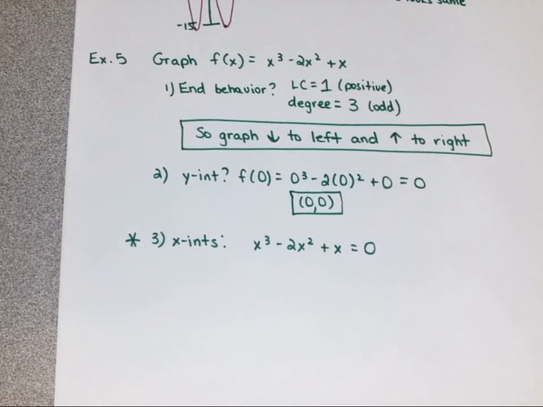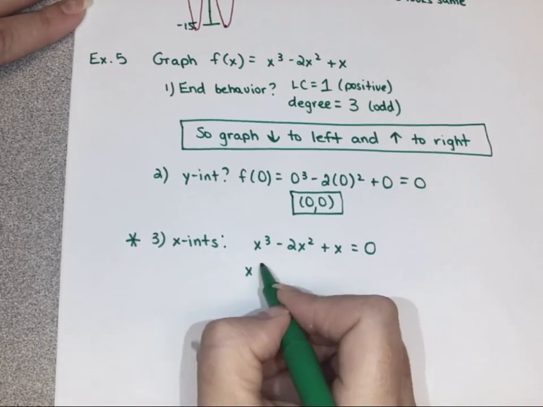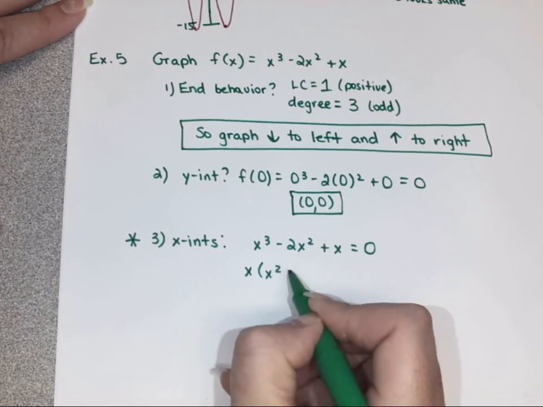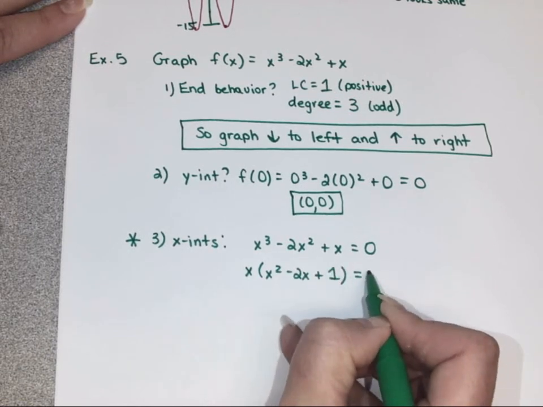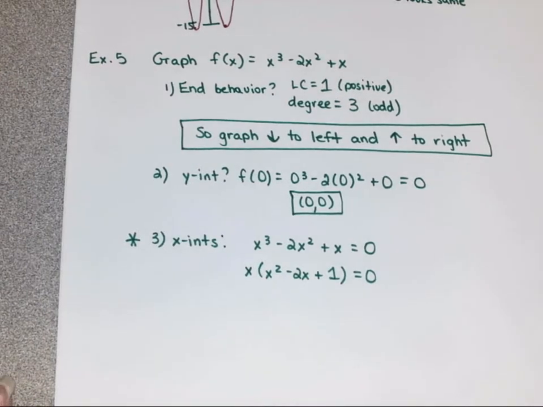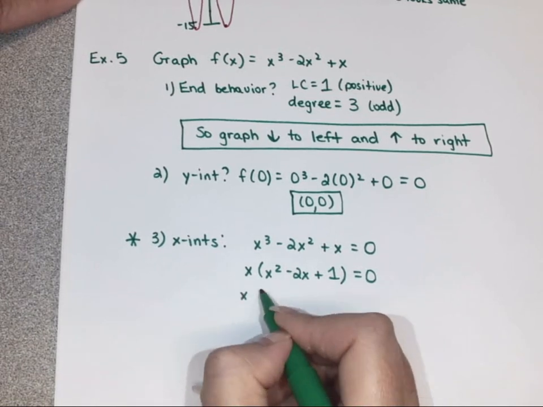So notice, normally I don't know how to factor a cubic yet, but I can do something nice to this right off the bat. What can I do? Take out an x. So if I do, I get x squared minus 2x. Be careful about this, you actually get plus 1, right? If you divide x by itself, there's a 1 left. It's not nothing there, it's a plus 1. So the x stays, but